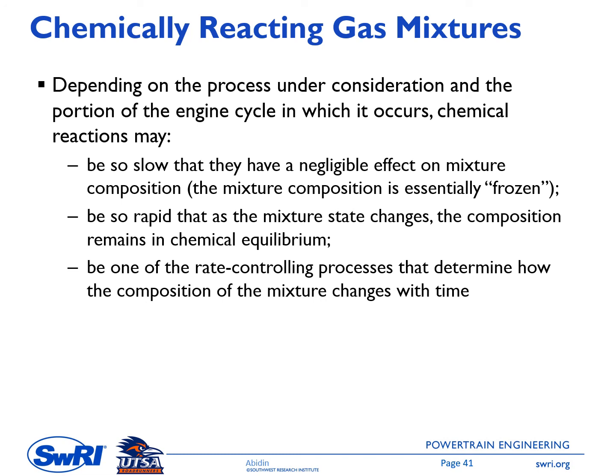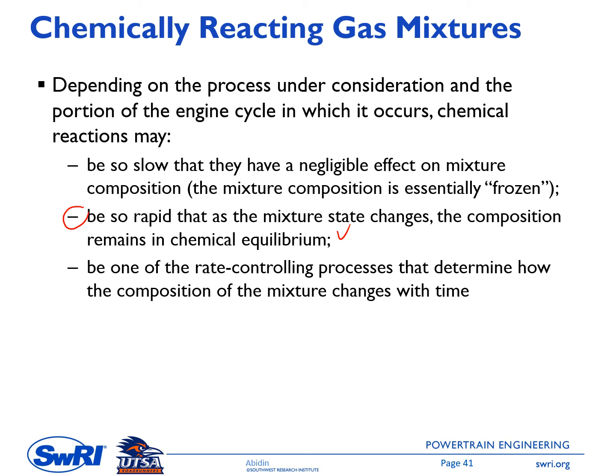An example of this is the chemical reaction process during the intake stroke, during the combustion stroke. So the temperature is low, so the chemical reaction is so slow. The second option is that the chemical reaction may be so rapid that as the mixture state changes, the composition remains in equilibrium. But this second option has a very low possibility in the combustion process within the